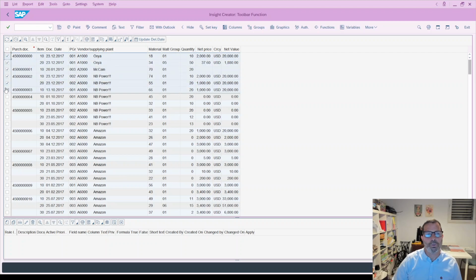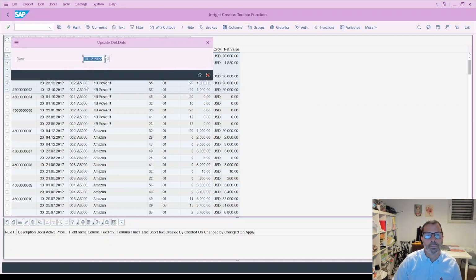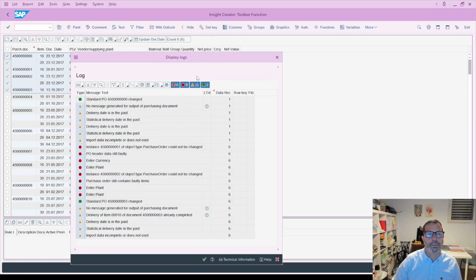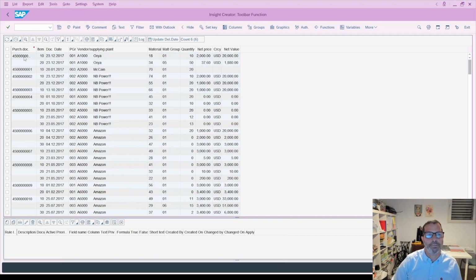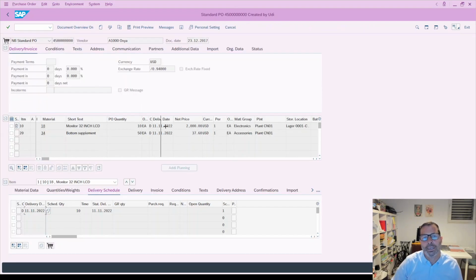I will select a few records and press the button. Automatically, the date is presented. Let me replace the date. And I'm getting the result set. It says that the first one was changed, and as you can see,